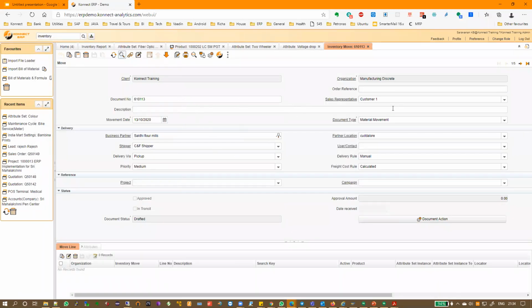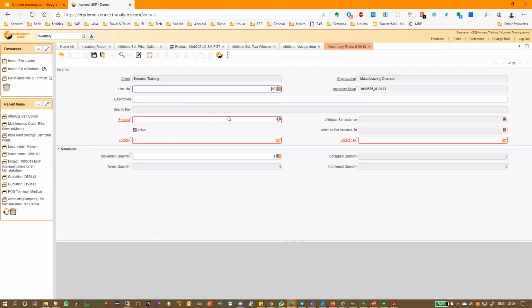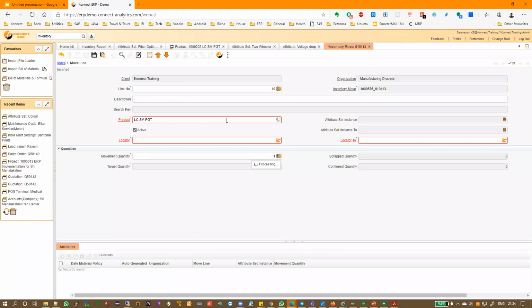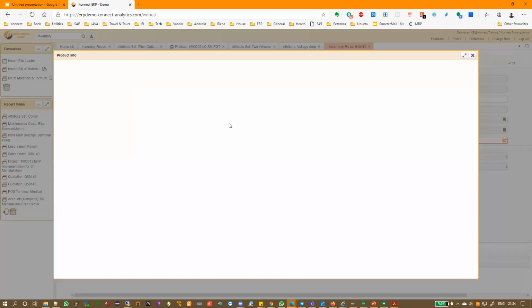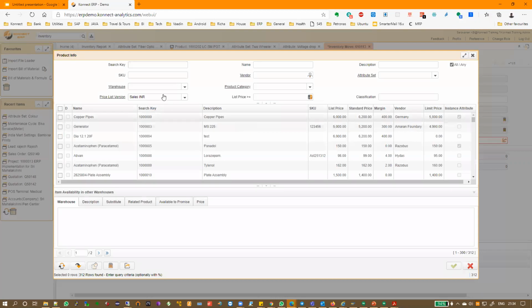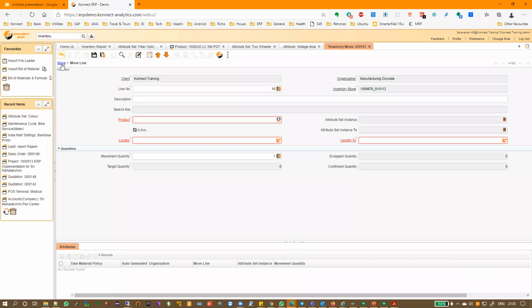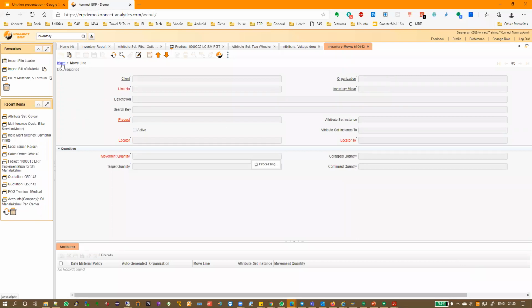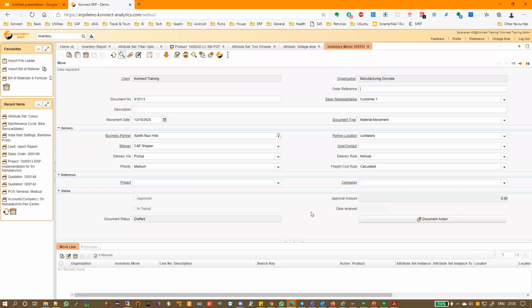Okay, I leave all of this as it is. I don't do anything here. I just go to the movement line, and I say this material... okay, because of the price list, this is not a sales material, this is a purchase material. So there's no price list here, no problem.